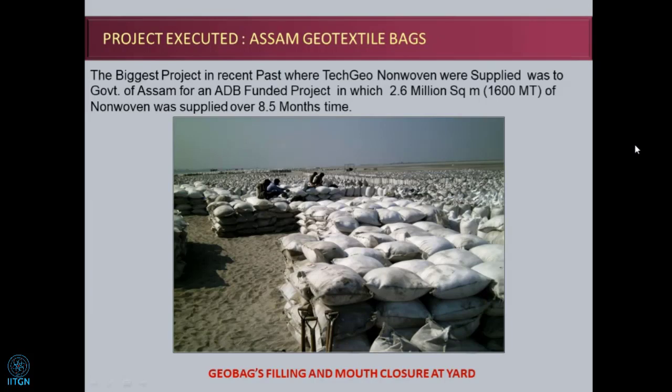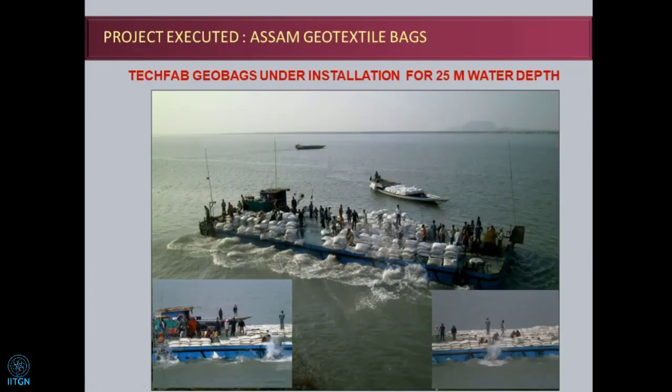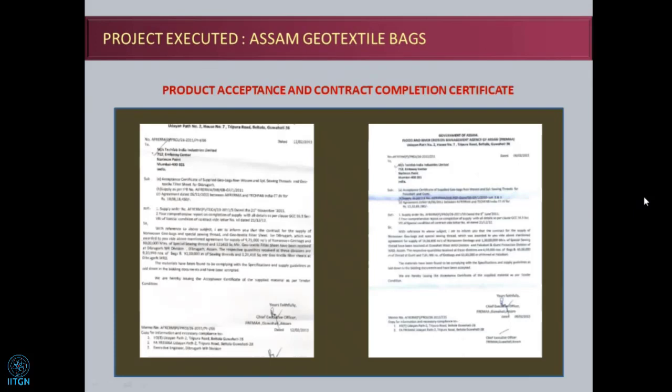You can see how they have thrown these bags inside the Brahmaputra river. These bags are put near the barge, and all together are thrown inside to create some path at the bed, and then it can prevent the erosion, and there can be some reclamation of the bank after that. So single and multiple layers of bags are used. So these are different photographs of that, and some certifications for the completion and the quantity that we have supplied for these projects.